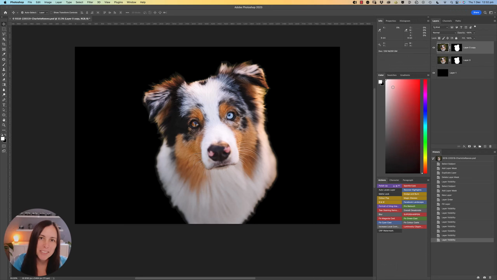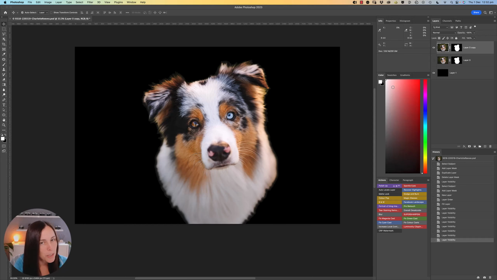So I highly recommend you change this one Photoshop setting. While it does take a little bit longer to process, it's a much more accurate selection and will usually mean you don't need to go into the Select and Mask workspace to manually refine that edge. It's a pretty good selection just the way it is.